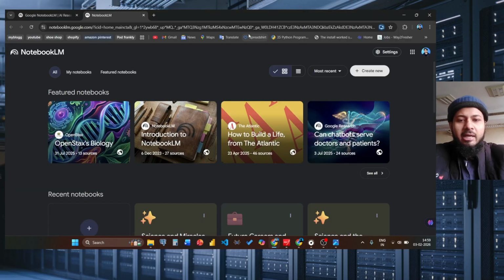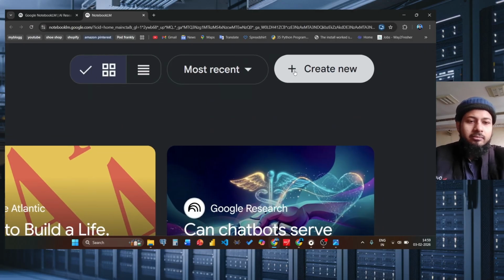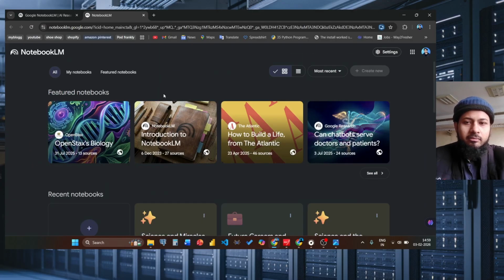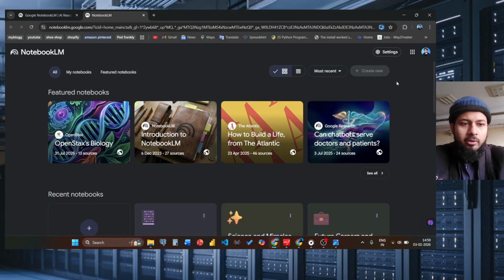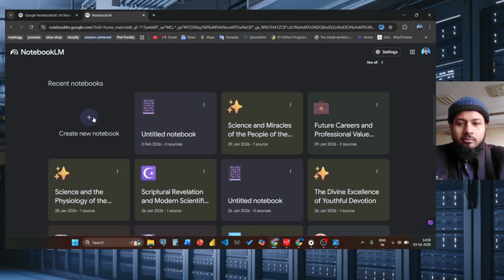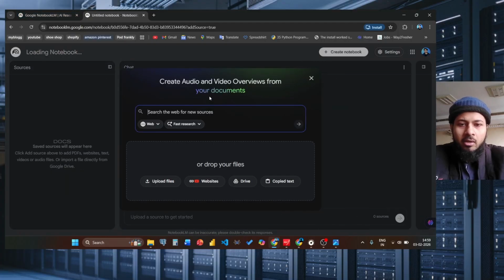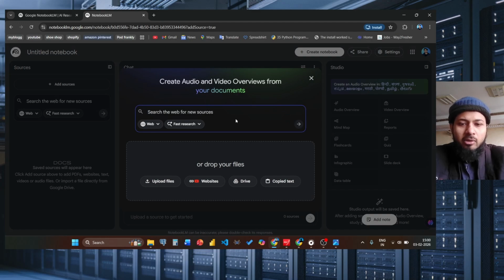You need an AI named Notebook LM. Just go to Google and search Notebook LM. Sign up with your email ID, Google email ID. Then after that, click on the Create New option. Okay, Create New. So it starts opening your new notebook. Okay, now you have an option to upload files by yourself, images, PDF, or a website link,